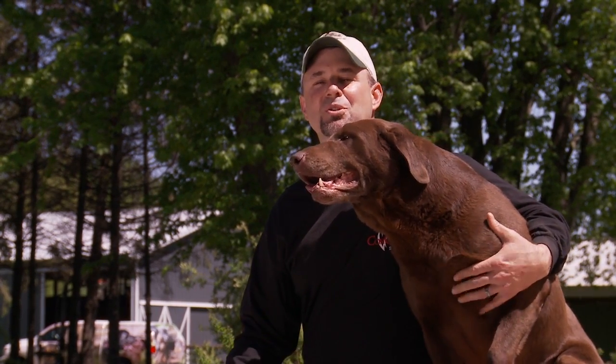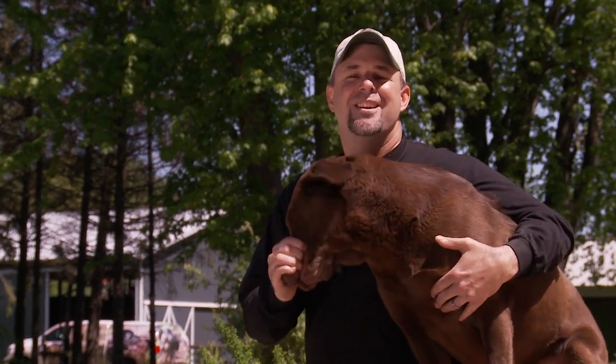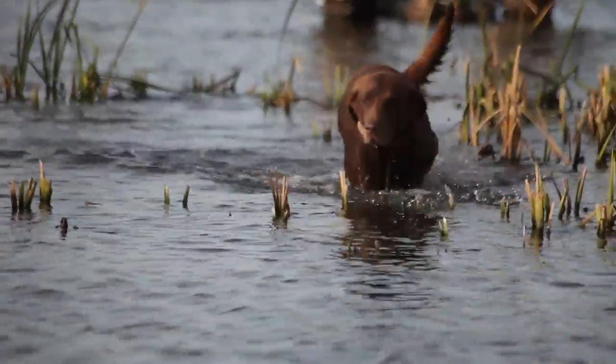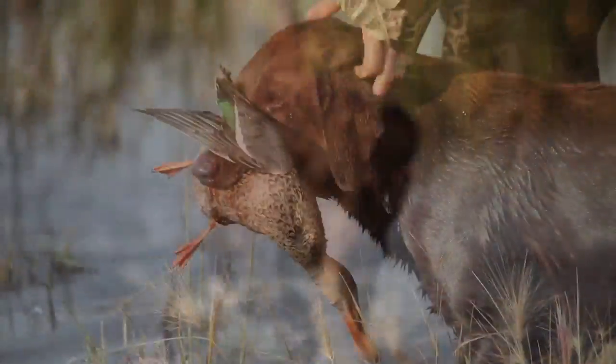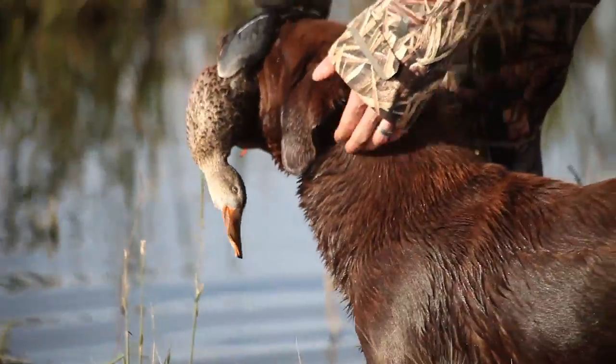We switched him over to Real Tree Performance Dog Food with their 30-25 blend, and we've actually got extra weight on Pickett that we now have to get off him before hunting season starts. He's a big, playful dog. He burns a ton of energy. He will hunt all day for me, and he'd pay for that in the field, where at times, he was